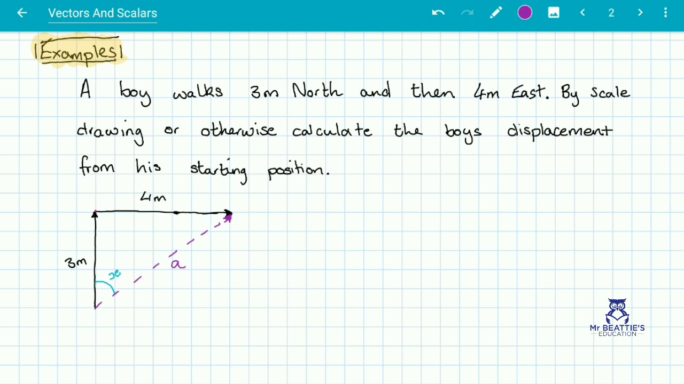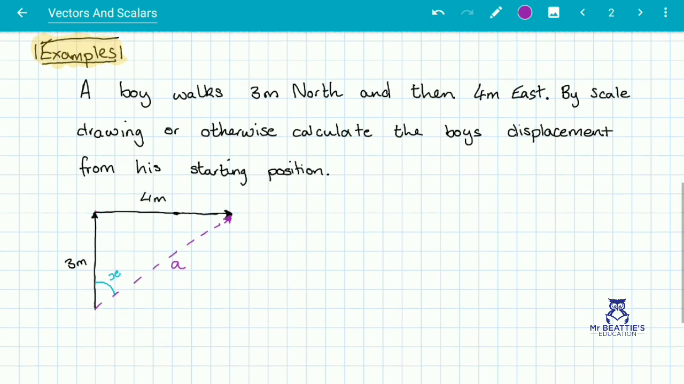Okay, in this case, if we were to think about the distance the boy travelled, his distance would be 7 meters because he's travelled the 3 and then the 4. Okay, but his displacement is this other side A that we have to calculate. And so as I said, we're going to be using Pythagoras because we have got a right angle triangle here,